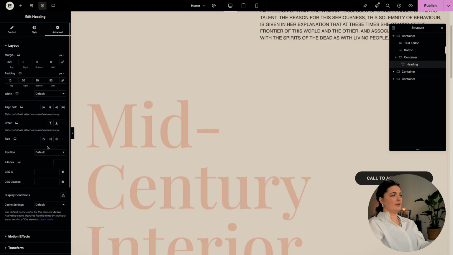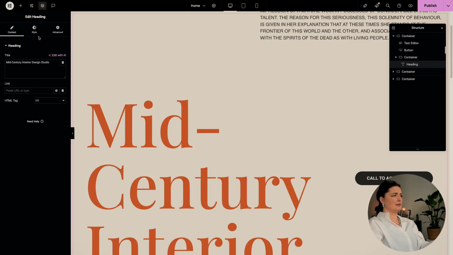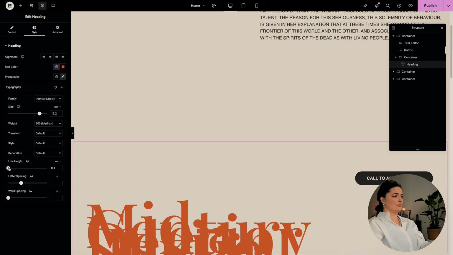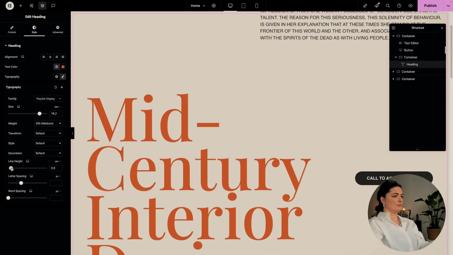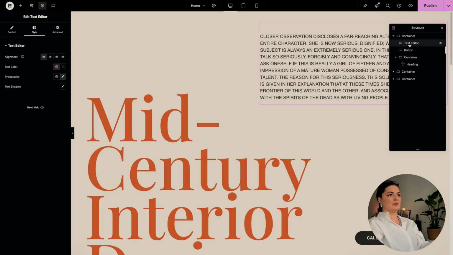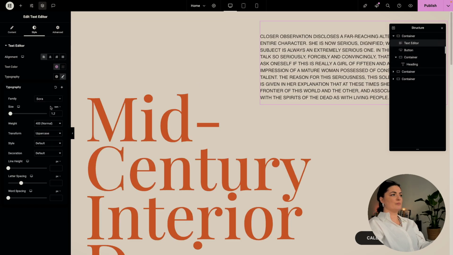And I think the line height is a little bit too much, so I'm going to change it to this one. All right, so the text is going to be Open Sans,